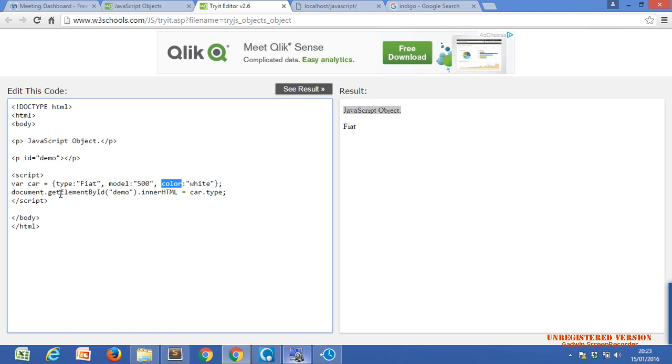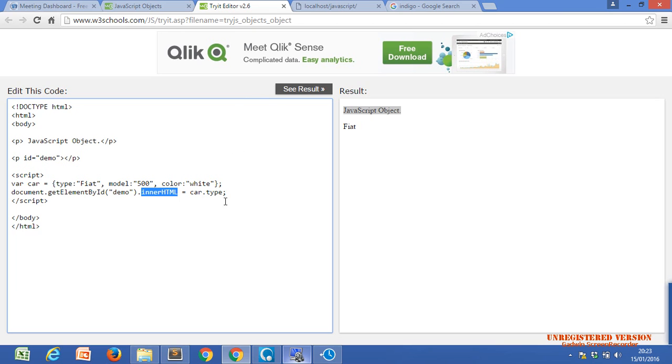And what we are doing is document dot getElementById demo. Where is the demo id? Here. This p tag, the paragraph tag, has the demo id. Then dot innerHTML. We already discussed innerHTML also, Kushi. We are putting the value into this paragraph tag.